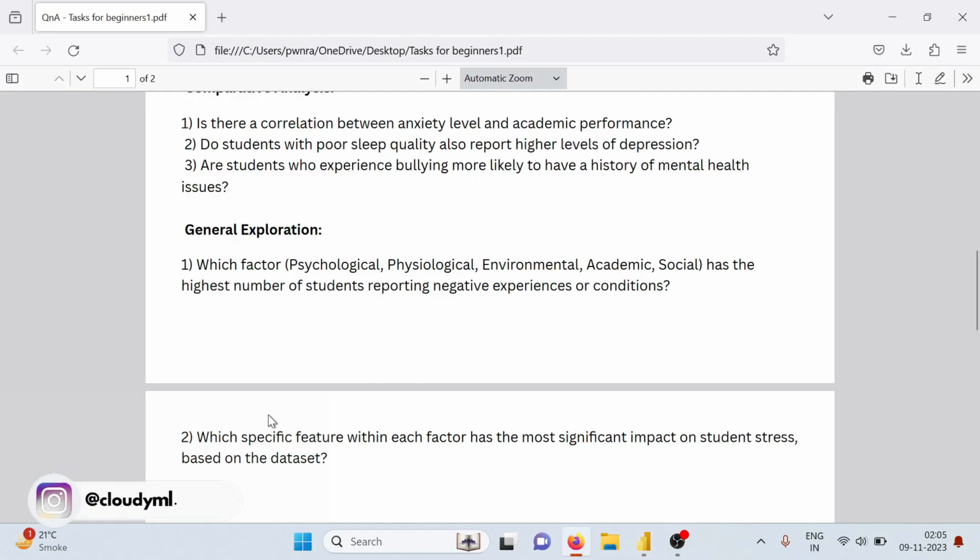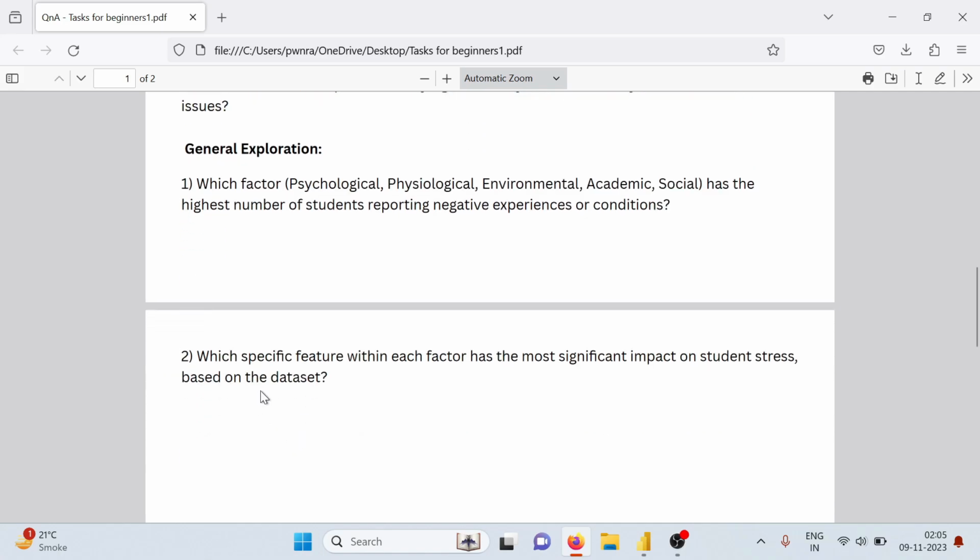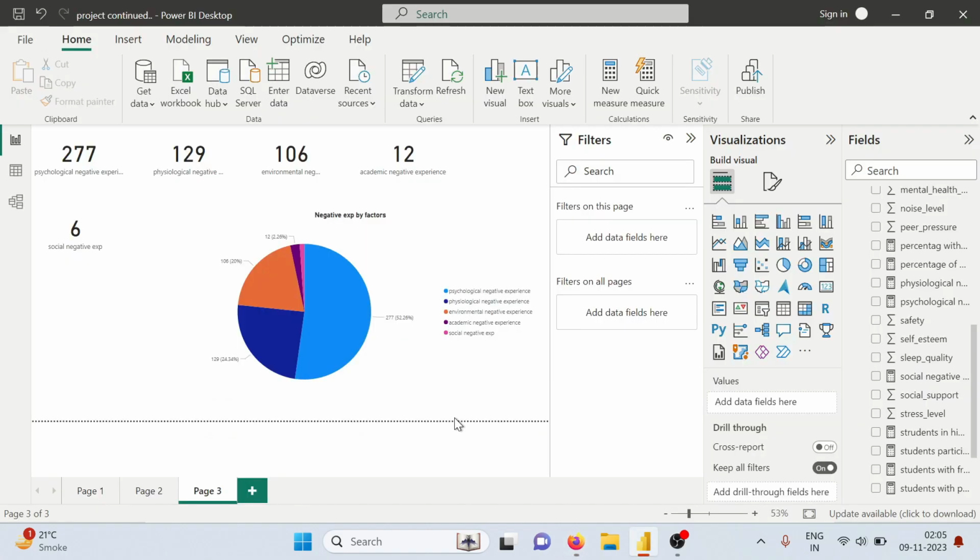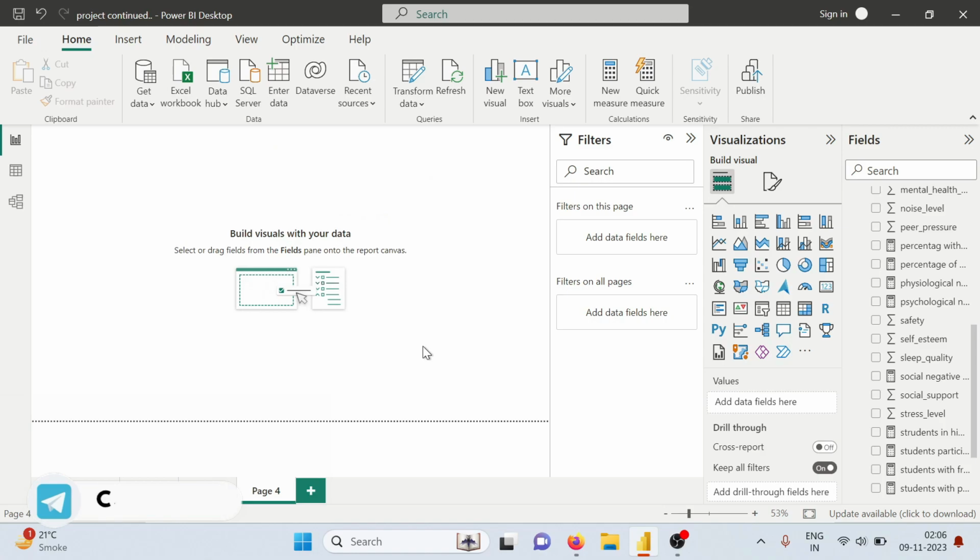Now we have our last question, which is which specific feature within each factor has the most significant impact on student stress based on the dataset? To answer this question, first we will add a new page and we will use a Python script. We will create a correlation heat map which will give the answer. To create the correlation heat map, we will simply click on Python Visual,